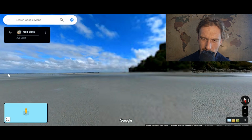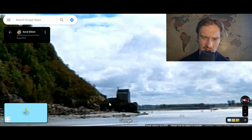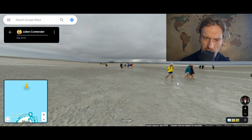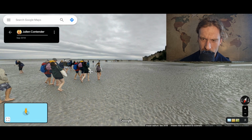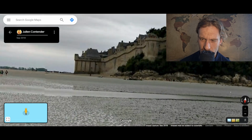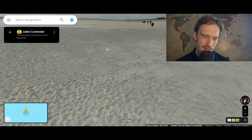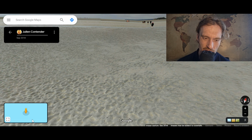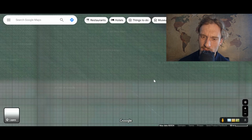Let's have a look from even further away. Absolutely crazy. This house here is a little bit odd, but I guess that's fine. Let's go a little bit further. Isn't that just a crazy place? I guess if you live there, this kind of landscape is maybe natural to you, not so much to me though. But all of these people walking from...